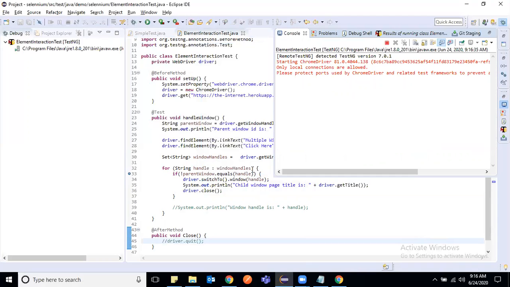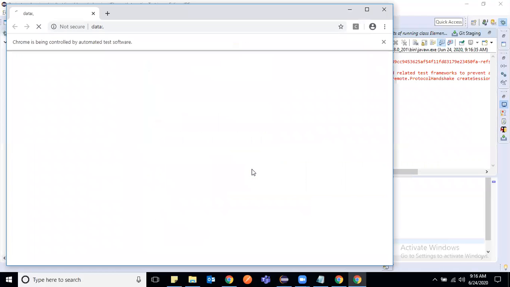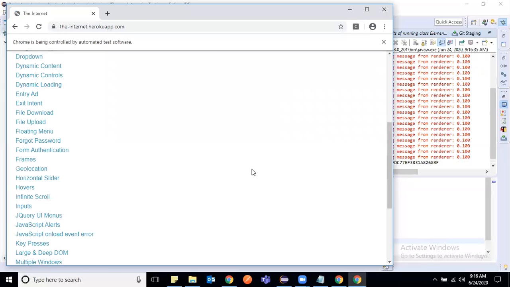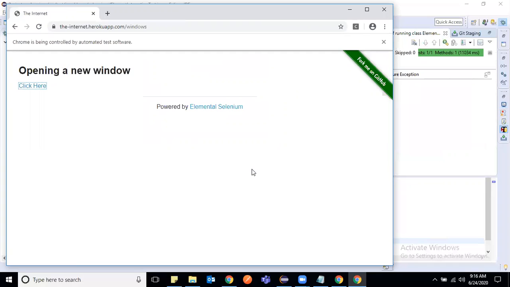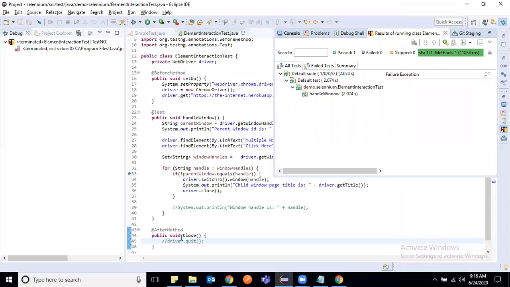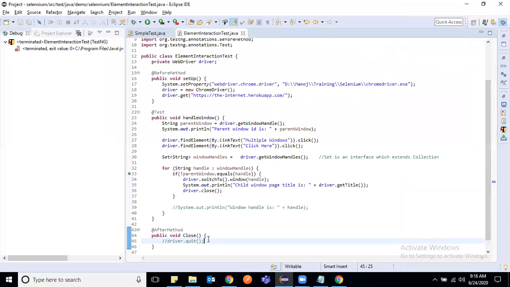Okay, so let us see how it works. It will click on the multiple windows, then it will open. Now see, it only closed the child window and the parent window is still open. Why? Because this is driver dot close, not driver dot quit. This is the difference between driver dot close and quit, and it is also a very frequently asked interview question.